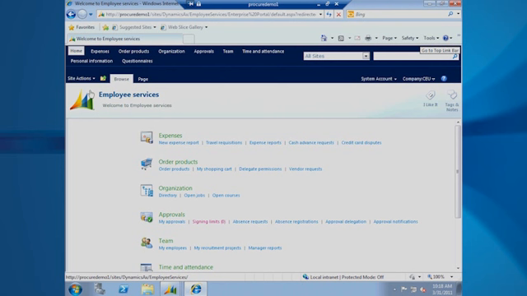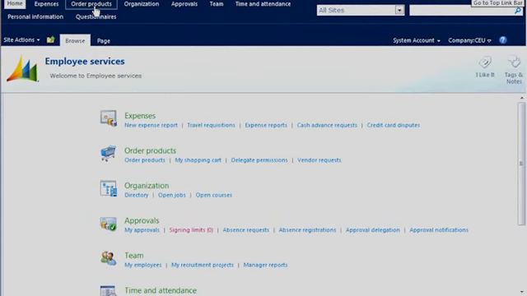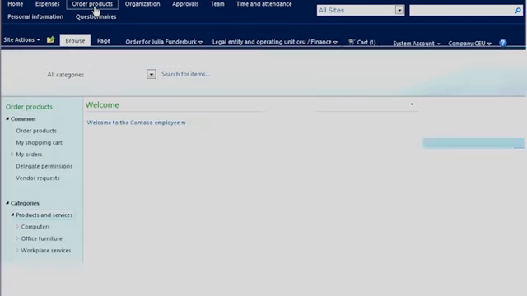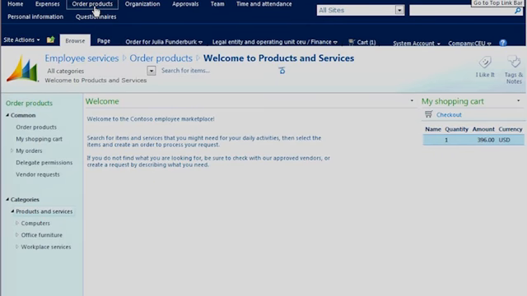This portal is available to be used by any employee in the company to do self-service functions that they need to do, and they get back to doing their job. Let's go take a look at Order Products. Order Products provides a completely flexible experience so that you can make available products and services that are relevant for your employees, and you can even have a different set of products or services based on where they sit in